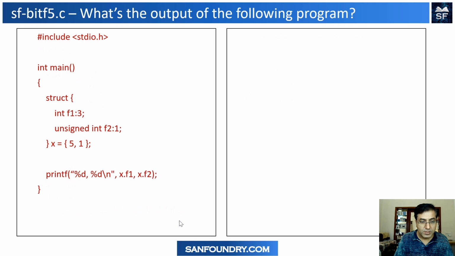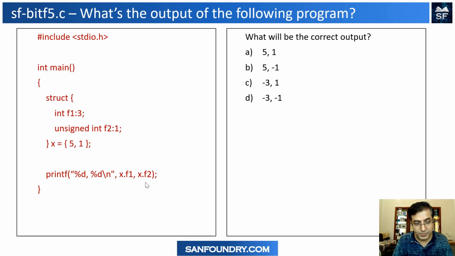All right. Similarly, we have one more slight variation on this, and this is more interesting. Here I have done a bit field where integer is 4 bytes, and then field 1 is 3 bits, which is a signed number. And F2, which is only 1 bit, is an unsigned number. So we are demarcating here the 3 bits as signed and the 1 bit as unsigned. Any idea what will be the output for this code? We have to figure out what's the output.